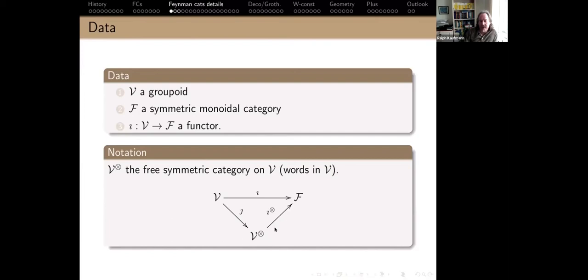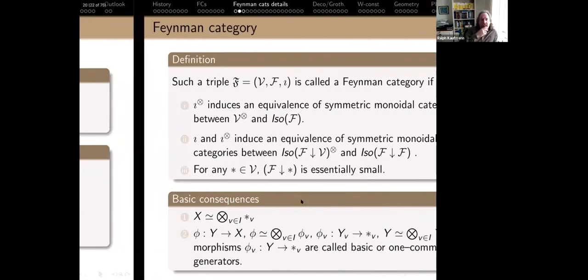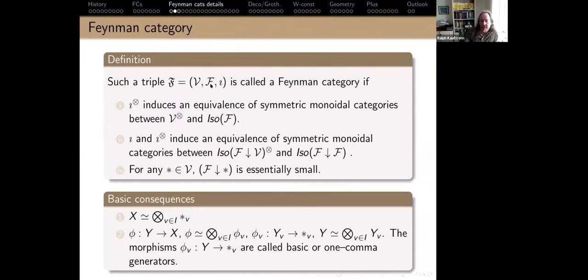And you have a functor here just by abstract nonsense. This guy here is a monoidal functor. That's just a regular functor. That's the extension to a monoidal functor. And so now you have this triple. F is your monoidal category, V is the basic objects, and this is the inclusion of the basic objects. That's just a functor. I call it inclusion, but it doesn't have to be. And then this monoidal functor gives you that the underlying groupoid of your monoidal category is exactly the free groupoid on the basic objects.